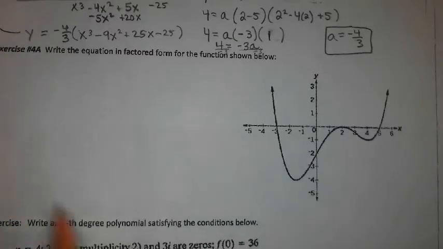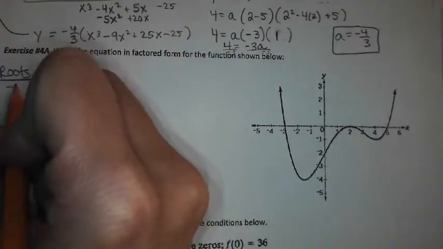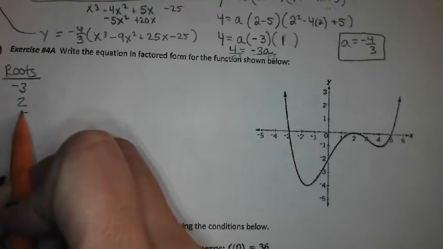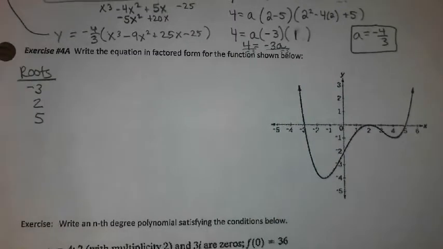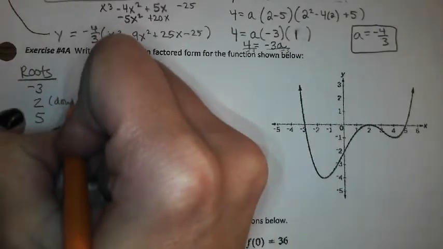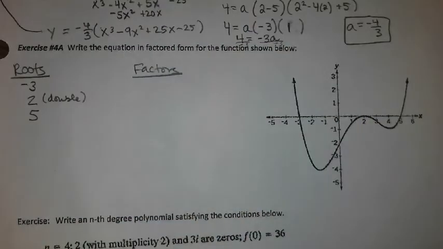So Connor, tell me where our roots are. Negative 3, 2, and 5. Anything of note about any of those roots? Wink, wink. Mason? Yeah, it's a double at 2, so maybe write double next to that. So now when we come up with our factors,